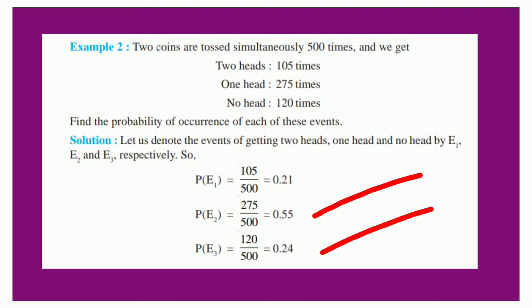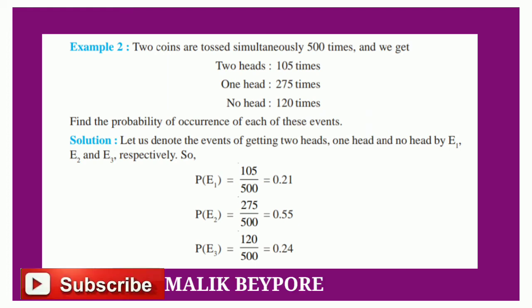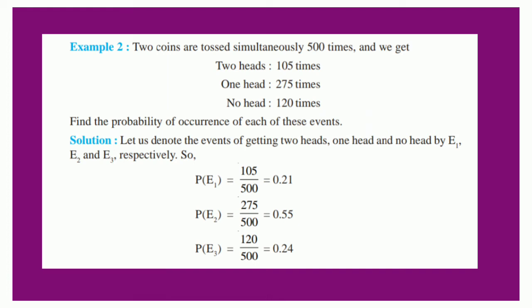Similarly, P of E2 is equal to 275 divided by 500, that's equal to 0.55. Then probability of E3, no head, is 120 divided by total trials 500, that's equal to 0.24. And if you add all these probabilities,